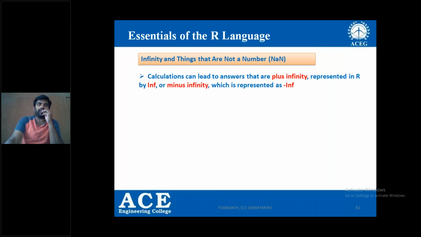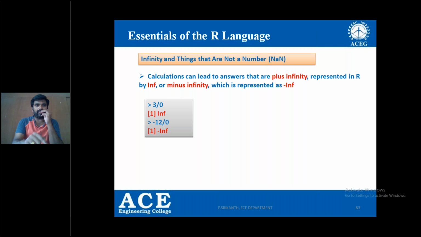Similar to MATLAB, here also we have infinite value representation as well as not-a-number representation. NaN and Inf are valid constants that you can use in the R language. A simple example: if I say 3 by 0, it returns Inf.